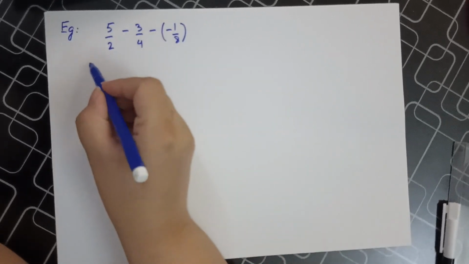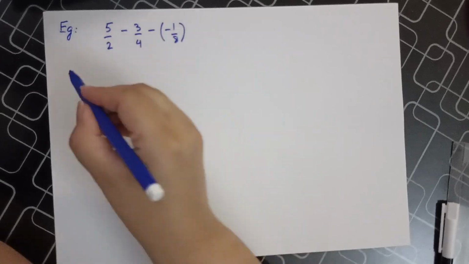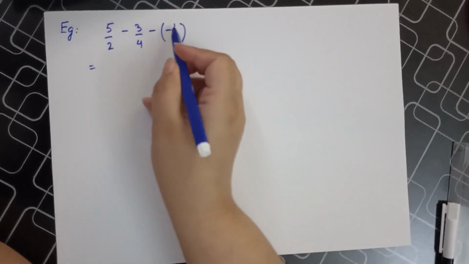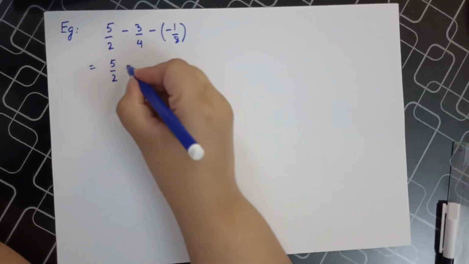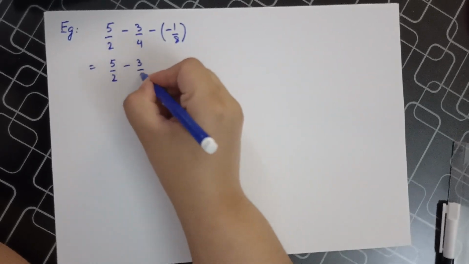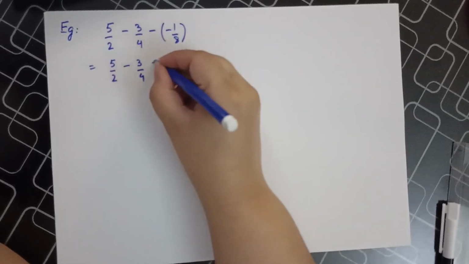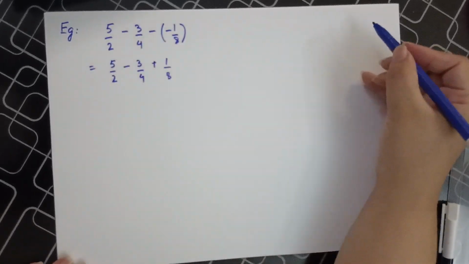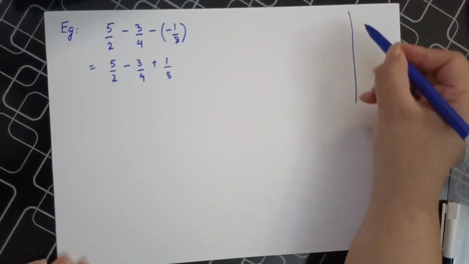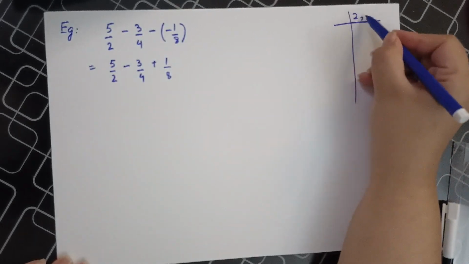So first what you're going to do is, you're going to change the sign of this number. You're going to take this number out of the bracket. So first you're going to write it as it is, 5 upon 2 minus 3 upon 4 minus minus plus 1 upon 8. Now you're going to take an LCM for these 3 numbers,